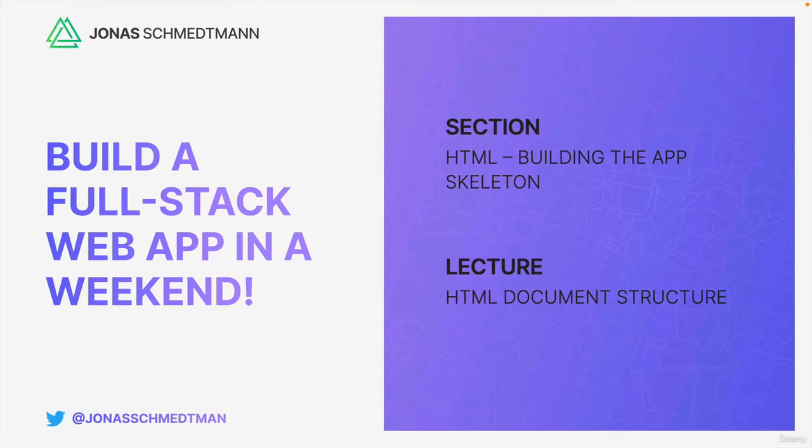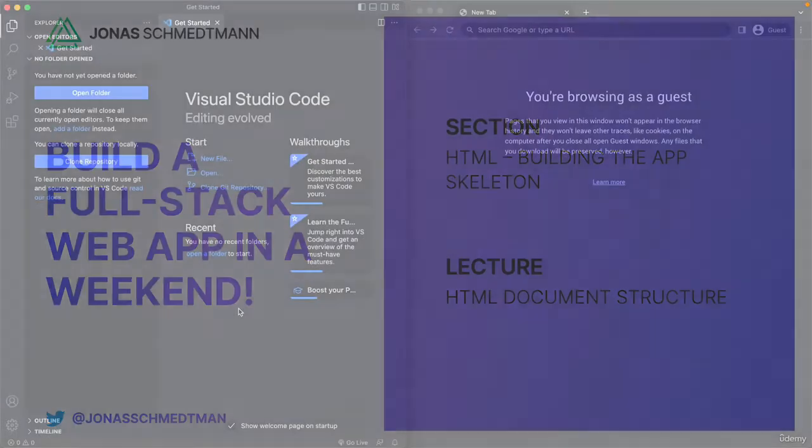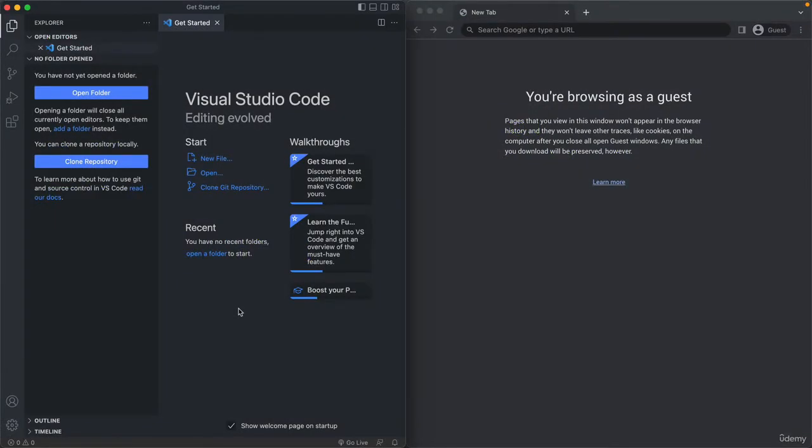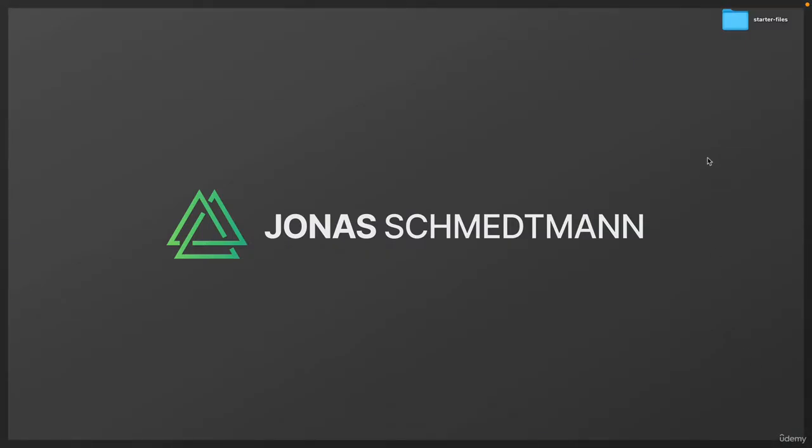Let's now finally start building our application by writing our very first lines of HTML code. But before we can do that, we need to first create a project folder. Now you can do that anywhere you want in your file system. I will simply go here to my desktop and create a new folder. And since this project is called Today I Learned, I will simply name this folder